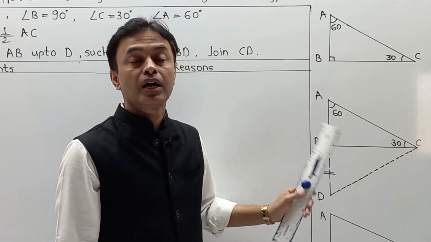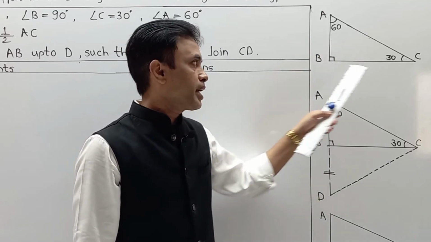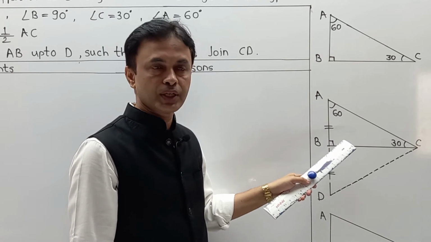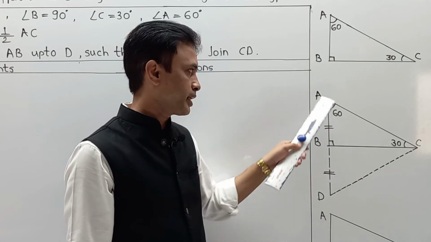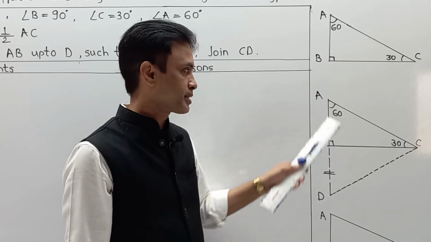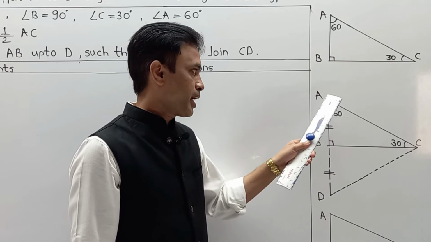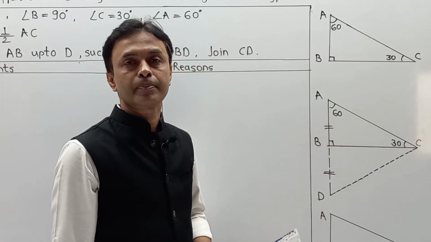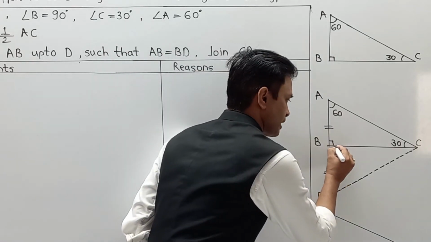Now please pay attention to how we are going to complete the proof. First, we have only triangle ABC with 30, 60, 90 degrees. Now we enter over here. In triangle ABC, which is a 30-60-90 triangle, we have extended AB up to point D such that AB equals BD. Next, as angle ABC is 90 degrees, we know that in a linear pair the sum of the angles is 180. If one angle is 90, its connected angle automatically becomes 90.